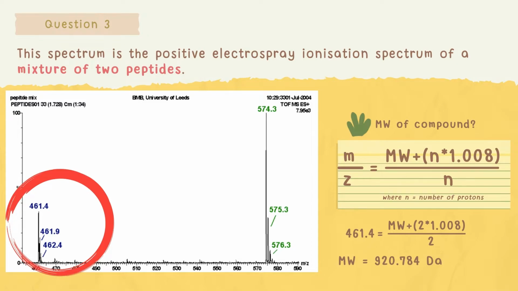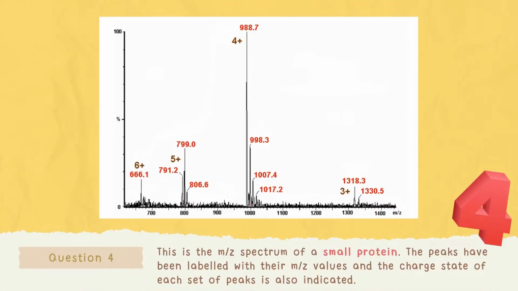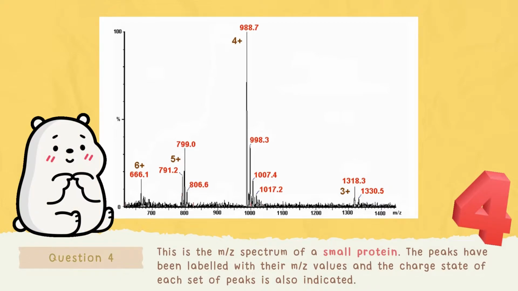We will now determine the molecular weights of the peptides. For the peaks found at 461 to 462, we use the same formula as previous cases. However, the number of protons used was 2, as was explained previously. The molecular mass computed is 920.784 daltons. As for the molecular mass of the peaks found from 574 to 576, we use the same formula but with n equals 1, and get the molecular mass of 573.292 daltons. Moving on to the fourth question, the figure on the screen is the mass spectrum of a small